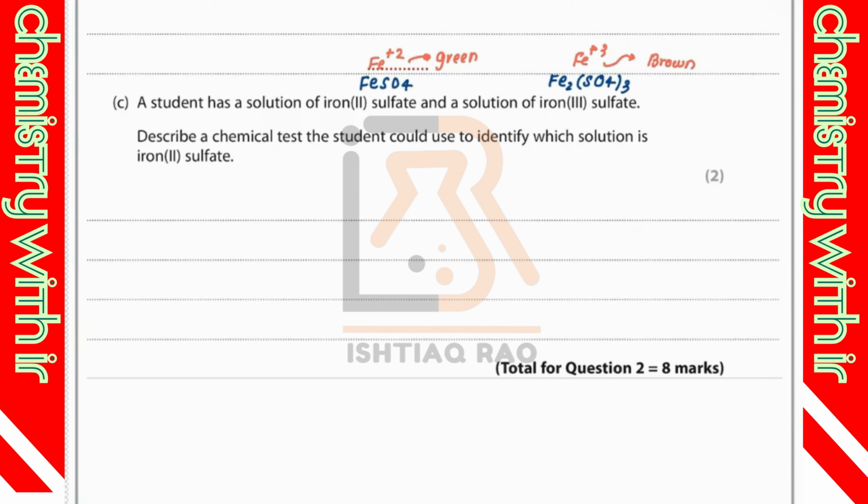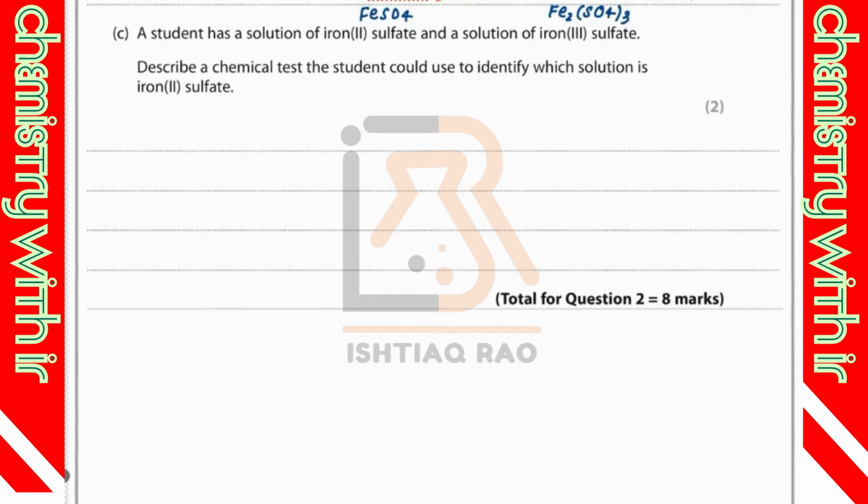So we are supposed to add sodium hydroxide into both solutions. And then after adding sodium hydroxide, the iron 2 sulfate would be giving us a green precipitate. So when we have the green precipitate, we can say that iron 2 is present. Okay. So I'm supposed to write